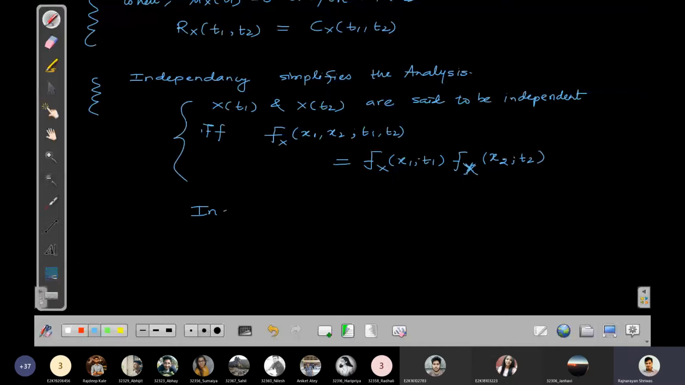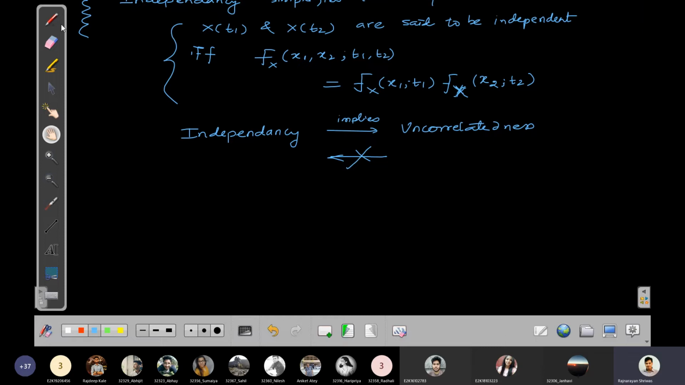So independency implies uncorrelatedness, but the reverse is not true in general. So this reverse is not true, right? And one more thing, if X(t1) and X(t2)